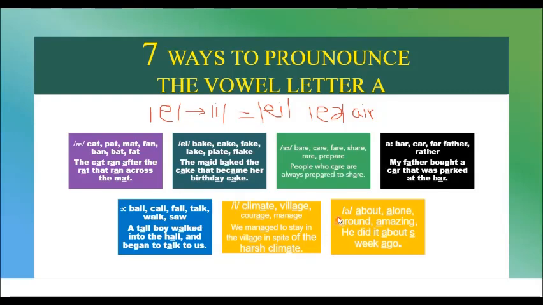The last but not the least sound we want to look at as a derivative from the vowel letter A is the schwa sound. We have this sound in the following words: about, alone, around, amazing. All right? Repeat this sentence after me. He did it about,